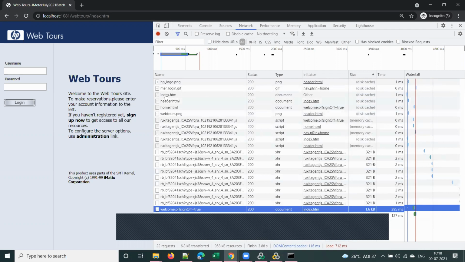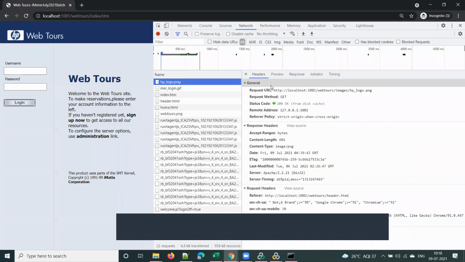So what all information does it give? It will give you all the sub requests of that main request, what the response code of each request is, what type of resource it is, and the initiator. HP logo.png is called by header.html, that's why it is showing the initiator as header.html. Is it understood or no?